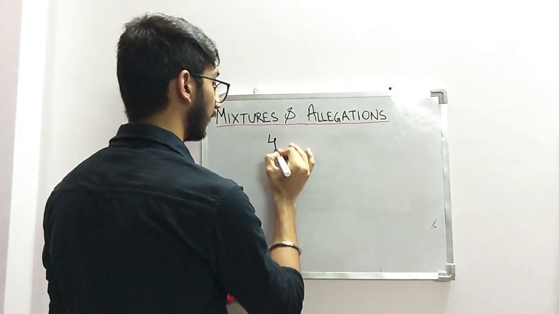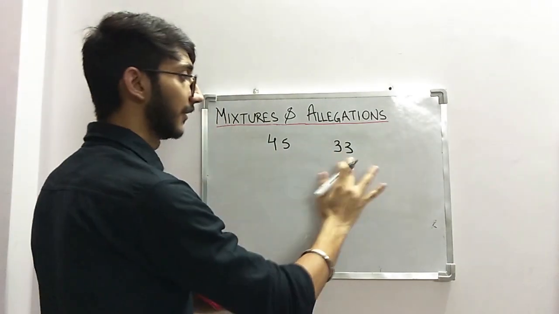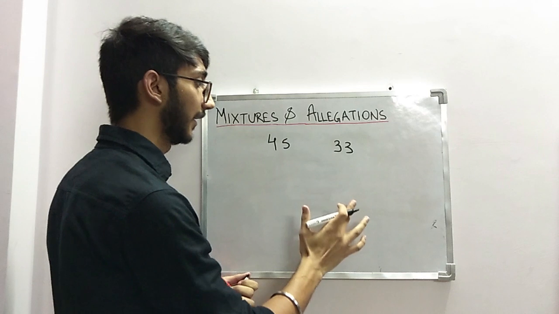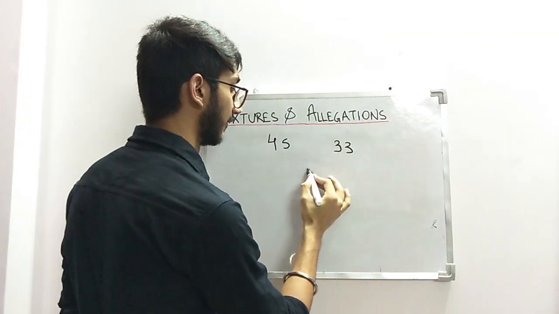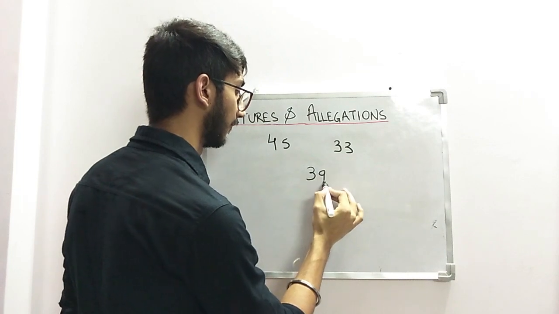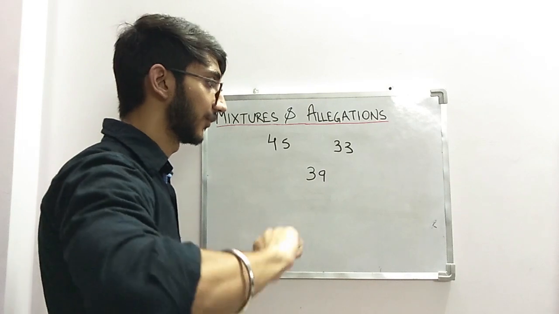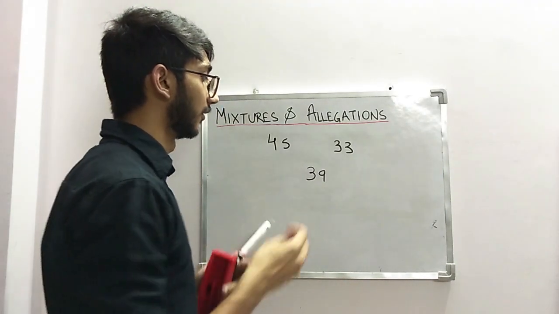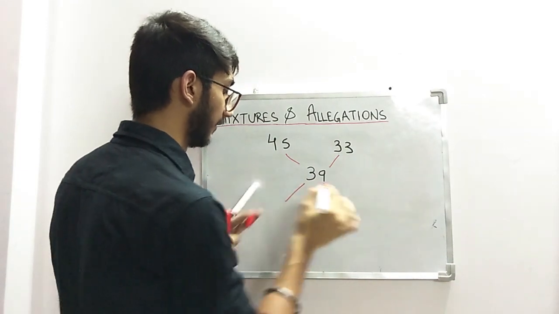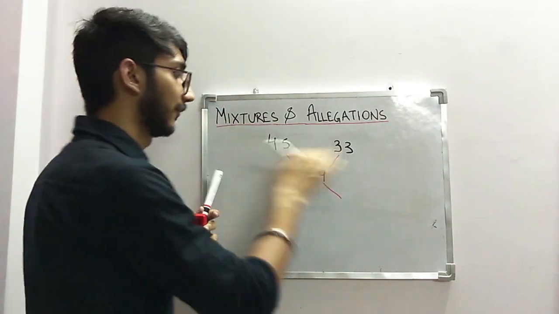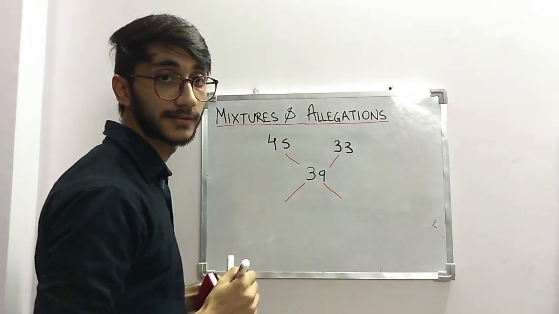And that shortcut is, the costs were 45 and 33 respectively. So I write 45 and I write 33. These were the costs of two mixtures. Now I need to have the cost of the mixture as 39 rupees, right? So I write 39 here, and I need to calculate the ratio in which we need to mix, right? So what we'll do is, we draw a kind of chart or table like this. So we have 45 and 33 and we need it as 39.